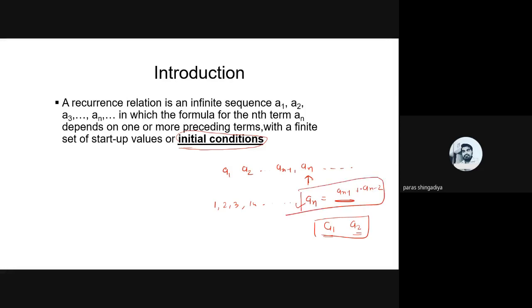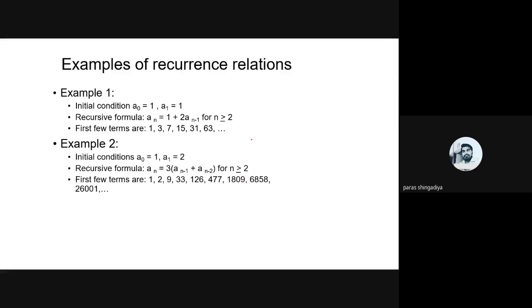Based on that we can predict this sequence by using the AN formula, so we can predict which type of sequence arises from the given recurrence relation. So that is the meaning of recurrence relation. It is one infinite sequence which involves the terms A1, A2, A3 up to AN. When we create a formula for the nth term, which will be given in the example, AN depends on one or more preceding terms, meaning it depends on the N minus 1th term, the N minus 2th term and so on, with a finite initial condition. That is called a recurrence relation, and these are examples of recurrence relation.